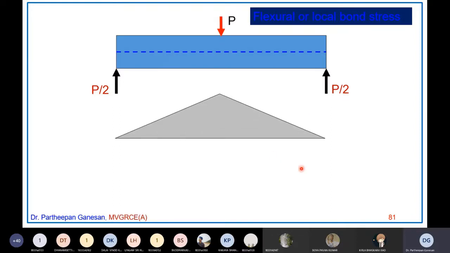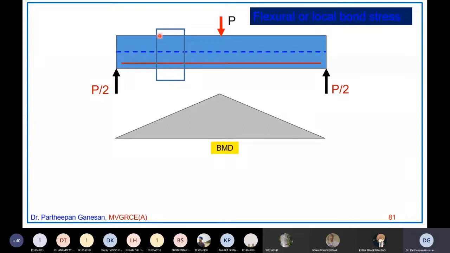This is what the bending moment diagram looks like for WL/4 or PL/4 as the bending moment. At the simple support, your bending moment is 0. At the midspan under the load, you have the maximum bending moment. The same is here also. Now, if I take this bending moment diagram, this is the reinforcement provided at the tension side to take care of the tensile forces.